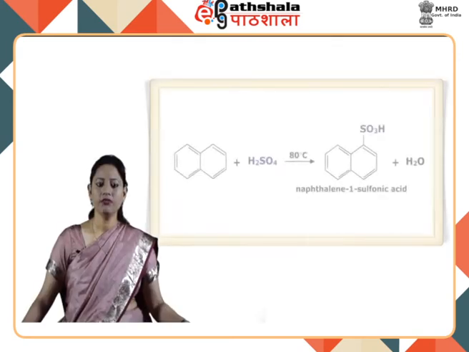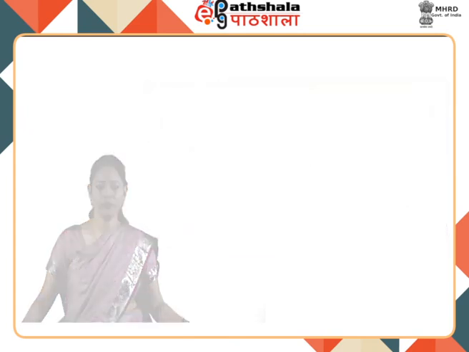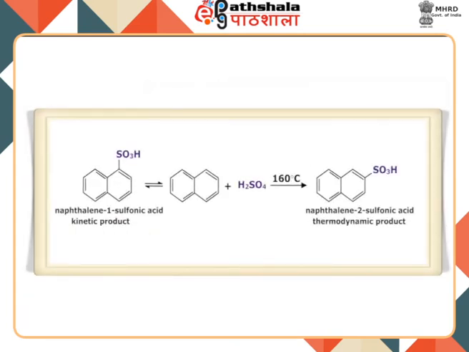If sulfonation of naphthalene is carried out at 80 degrees Celsius, that is under irreversible conditions, the kinetic product, that is the 1-substituted naphthalene, is formed. However, under reversible conditions at a higher temperature of 160 degrees Celsius, the thermodynamic product, that is the 2-substituted naphthalene, is